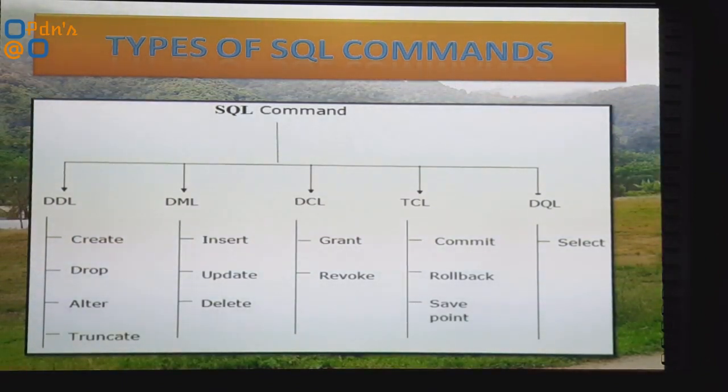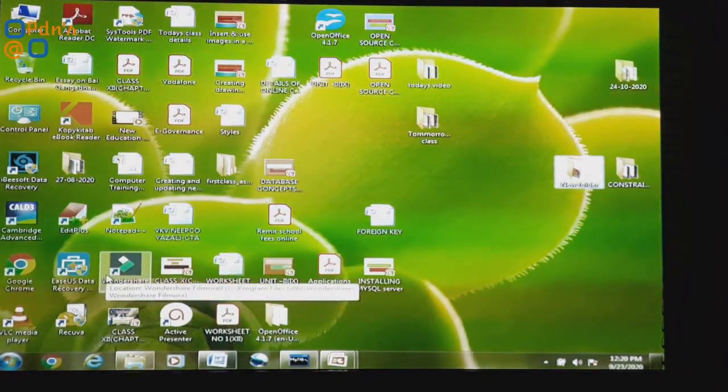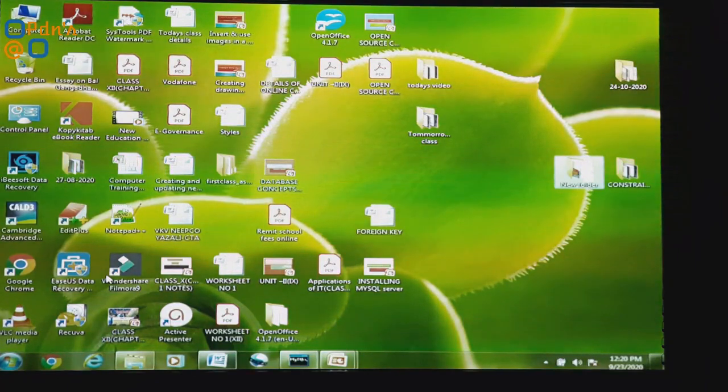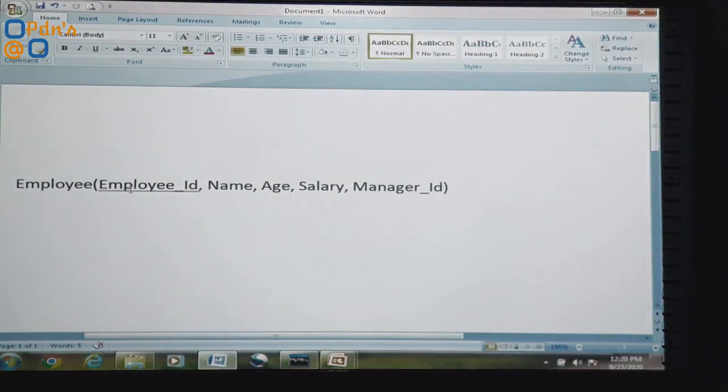Now, inside the drop table command, there are two options which are available. These two options are cascade and restrict. These are the two options which can be utilized along with the drop table command whenever we are removing any relation from our database, cascade and restrict. Now, what is the functionality of these two options?